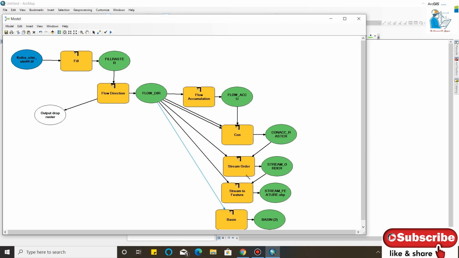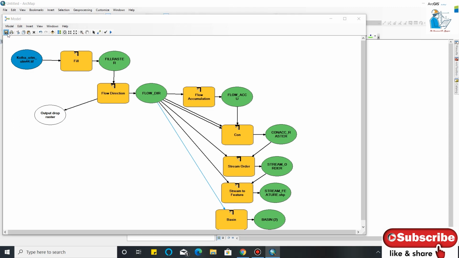And in stream order, using this conditional raster, we will create the stream order, and this is the raster. We will convert it into a feature in a save file, and this is my streams, and this is my particular DEM basin.